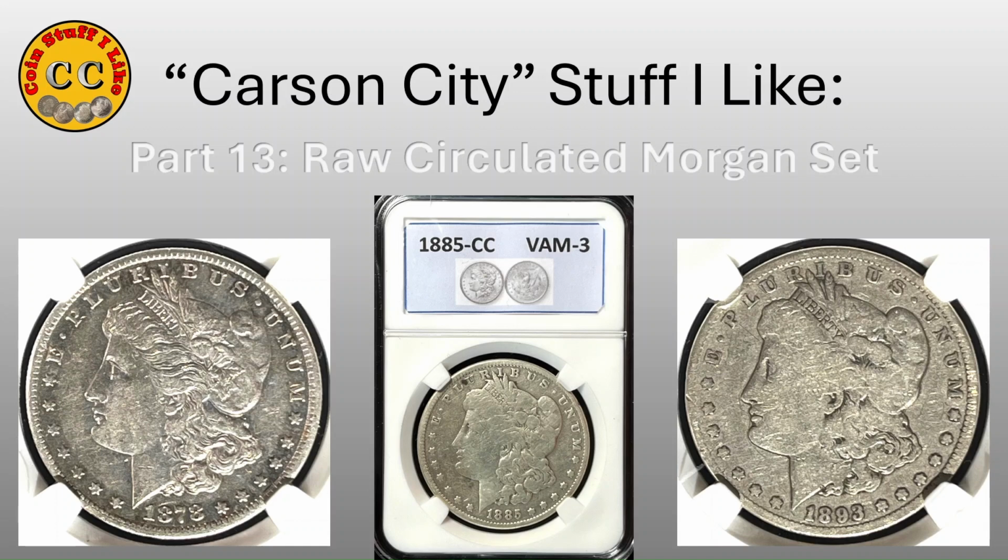This time, I'm going to talk about raw circulated Morgan sets. I'm going to show you my raw circulated Morgan set that I have self encapsulated. You can see that in that center image. The capsule is an NGC like holder that you buy on Amazon, at least I did, and you make your own labels for it and encapsulate it. I'd rather do this than an album, although if you're putting together a set, that's your prerogative to do so. So I want to show you my raw Morgan set from Carson City,